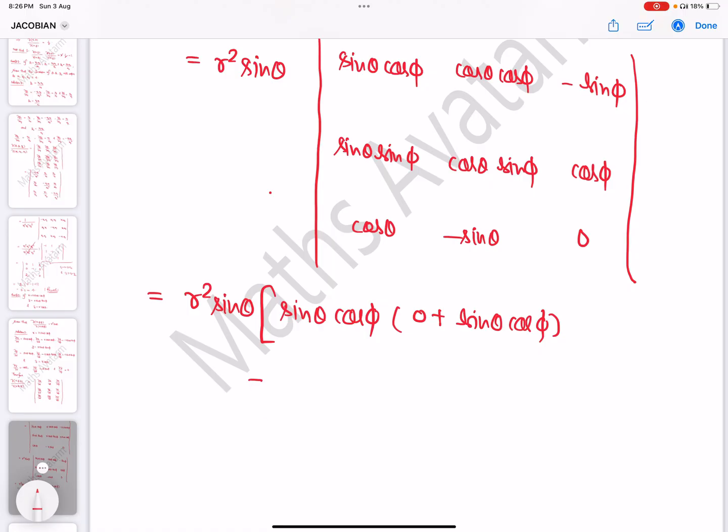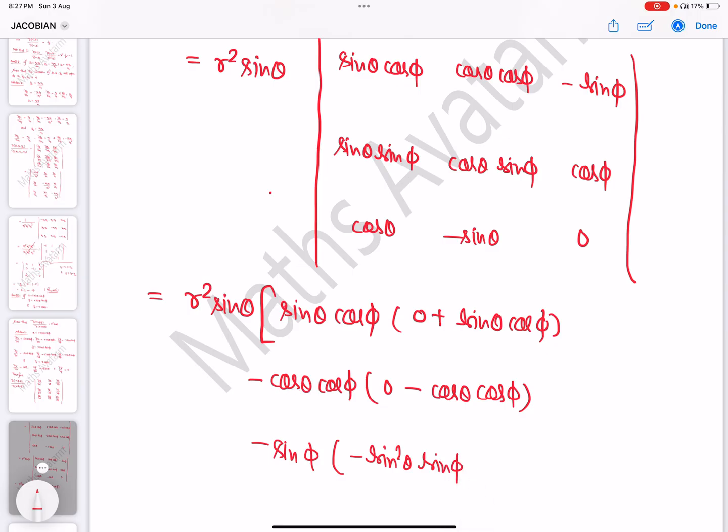Now then minus cos theta cos phi, 0 minus cos theta cos phi, minus, now next is minus sine phi, that is equal to minus sine square theta sine phi minus cos square theta sine phi. Okay,